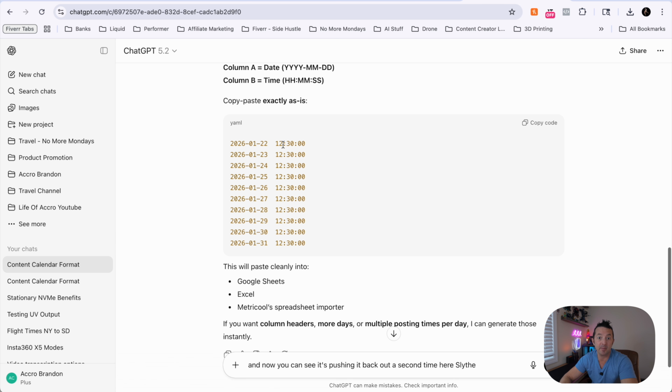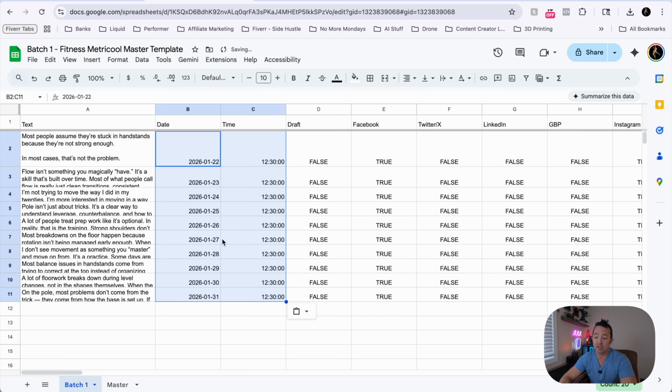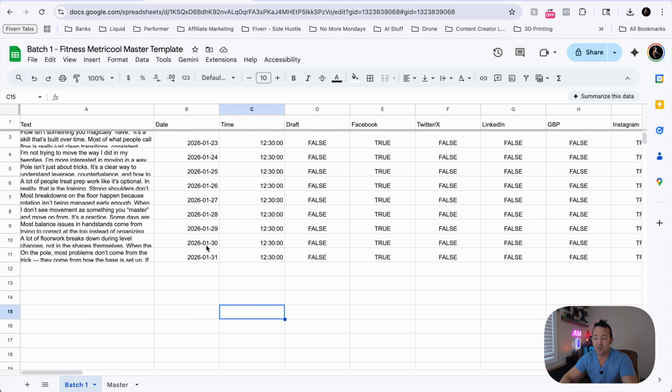So now it's giving me the same thing in a slightly different format. We're going to copy that. We're going to come over here to batch one, and then we'll paste it. That looks a lot better, right? Now that is done, bang, right? And you could have done that for 10 days, 20 days, whatever,